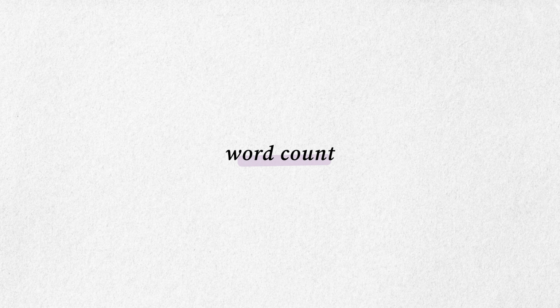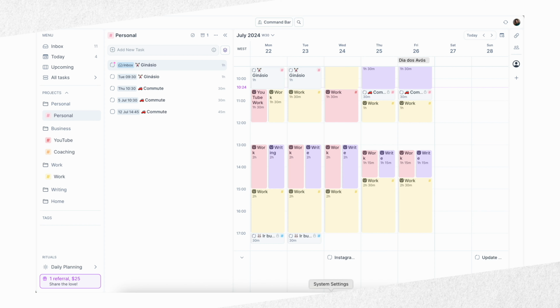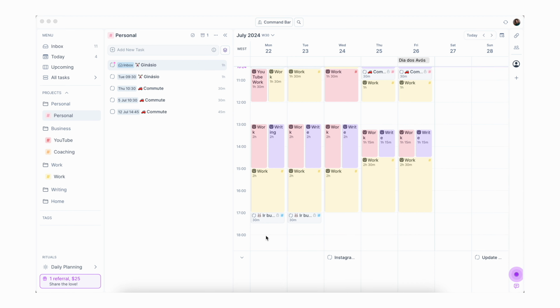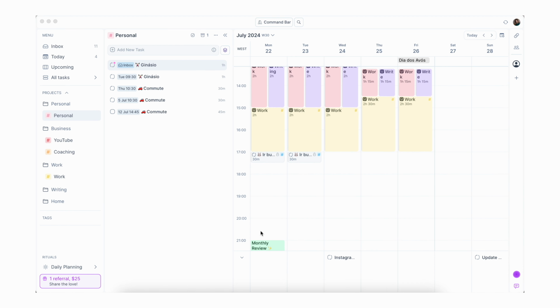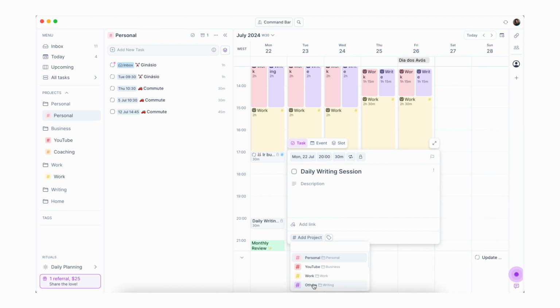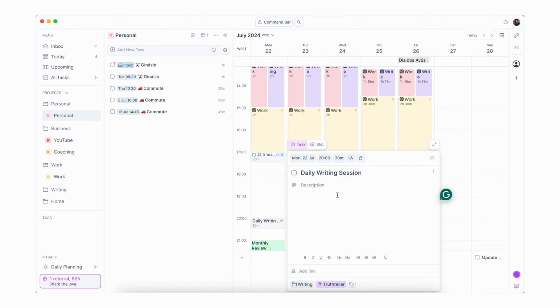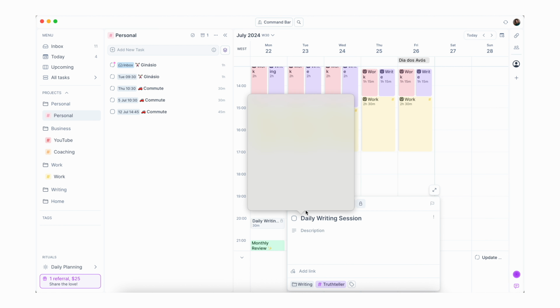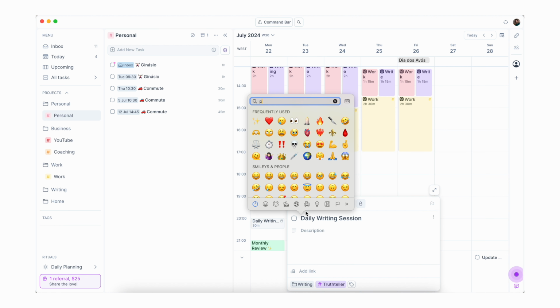Okay, so if you have a specific goal in mind concerning deadlines, either to finish the draft, do edits, or start querying, you may want to keep yourself accountable for your word count. Personally, I have a recurring daily task to write for at least 1 hour per day, divided into at least 2 chunks, one in the morning and one in the evening, irrespective of word count. This is blocked in my calendar so I can actually sit down in front of my computer and force myself to write. And more often than not, the